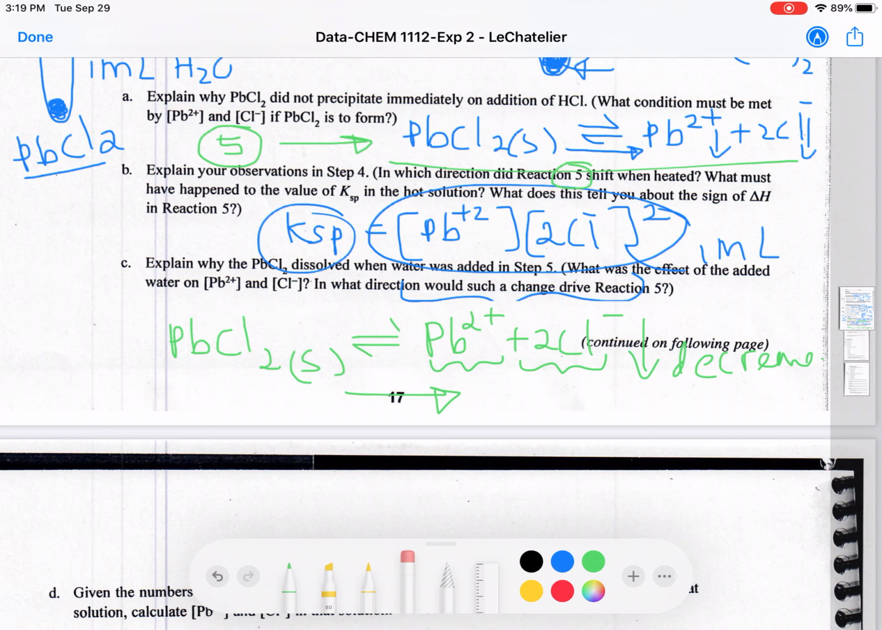How can it make more of the products or increase the concentration? By dissolving lead chloride. Okay, so that's why when you add more water, the reaction mixture becomes diluted, and the lead ion and the chloride ion concentrations decrease. To counteract that change, lead chloride will start making more of the lead ions and the chloride ions, shifting the reaction towards the forward reaction. It will go to the right side. Okay,